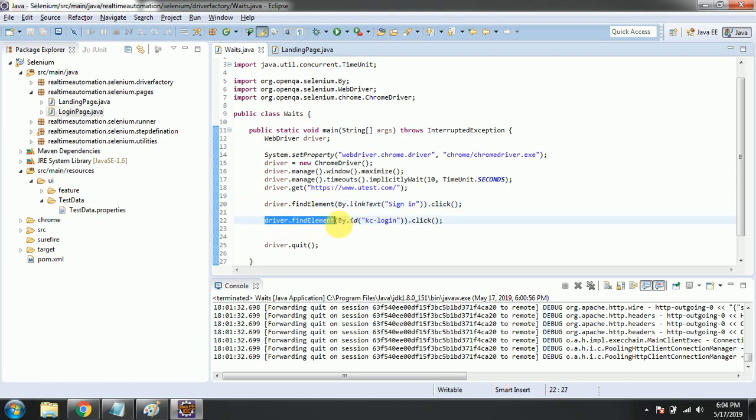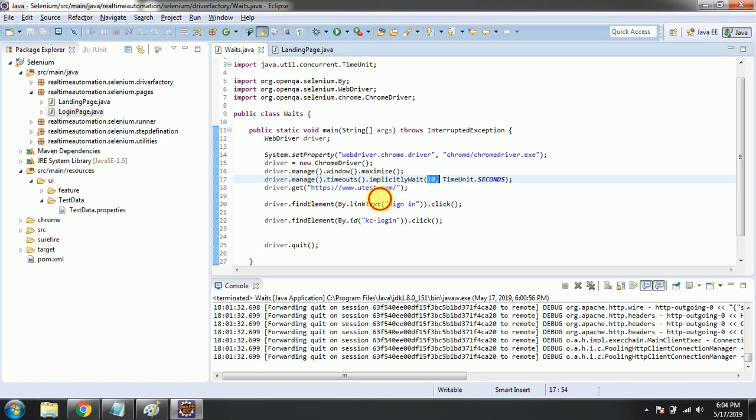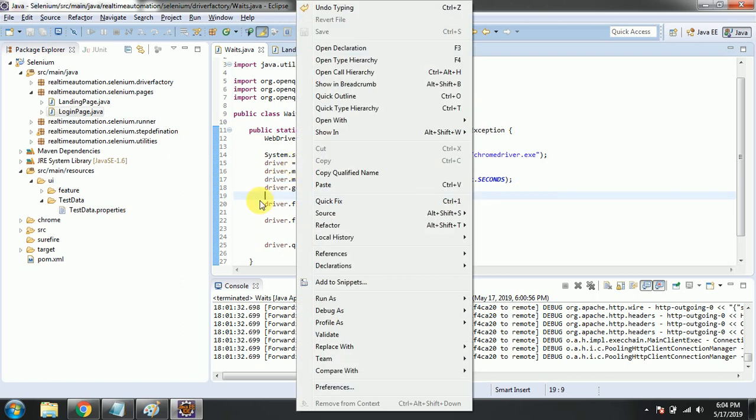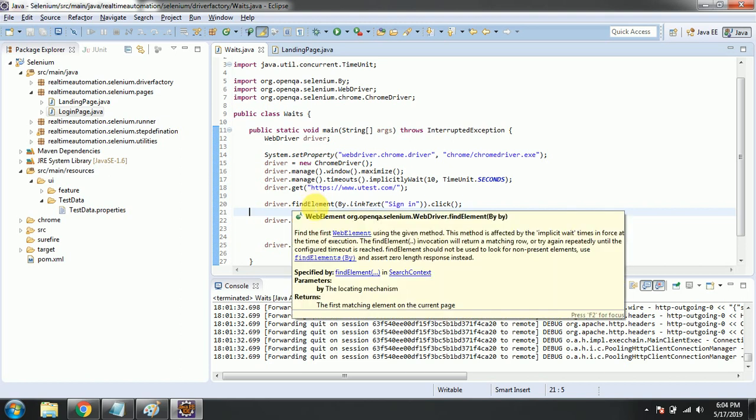Here you can see for each web element it is going to wait a maximum of 10 seconds, otherwise it is going to throw an error. If the element is not visible, it is going to throw a NoSuchElementException. We'll see how it works here. The maximum time is 10 seconds. If the element is available within 2 seconds, it is going to work for you, guys, unlike Thread.sleep. So you can compare Thread.sleep with the implicit wait here.